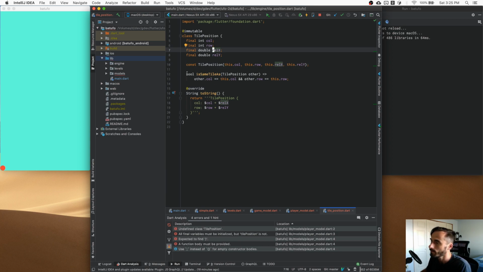And then we have already here a convenience method that lets me compare tile positions, like is it in the same tile? We'll do that for hit testing, right? It will be explained when that happens. Okay, so now we got that. So the other thing we need though